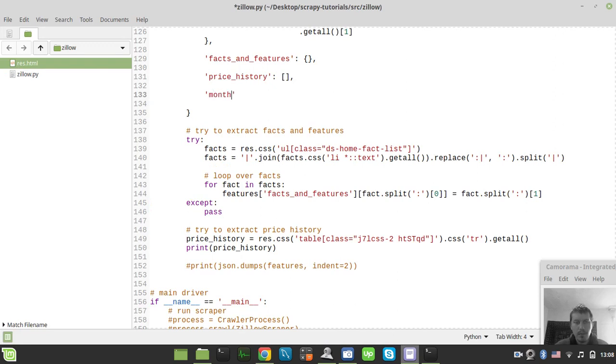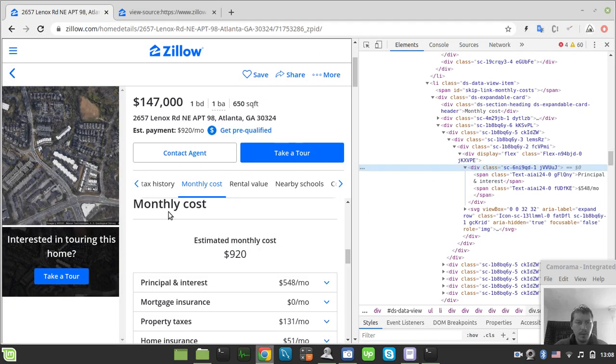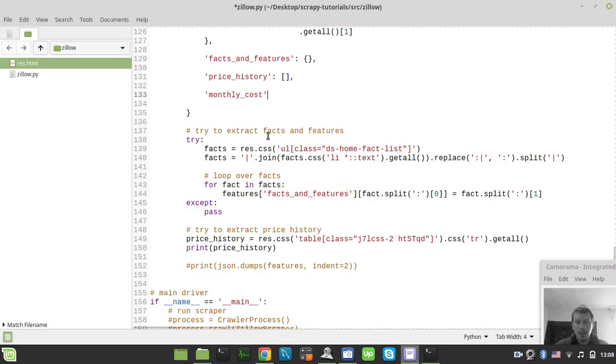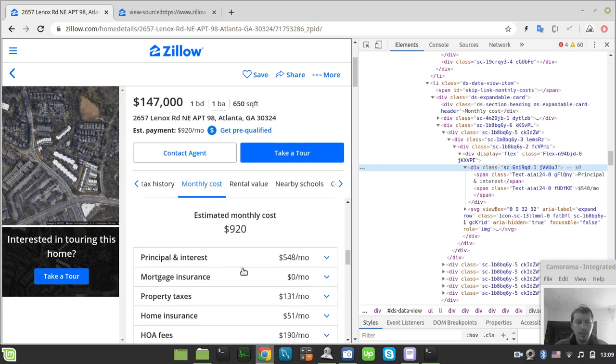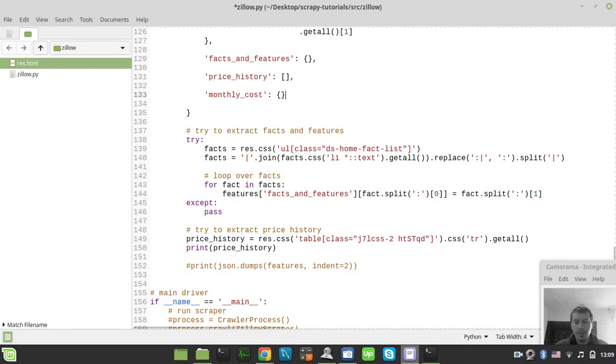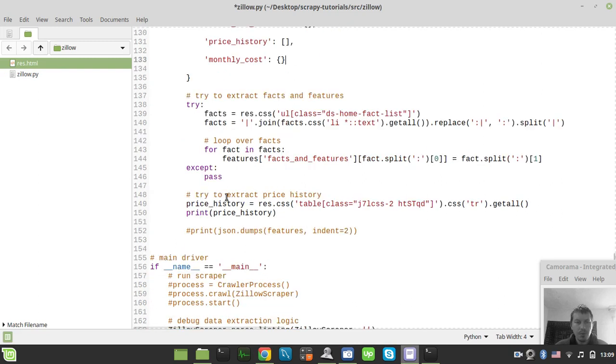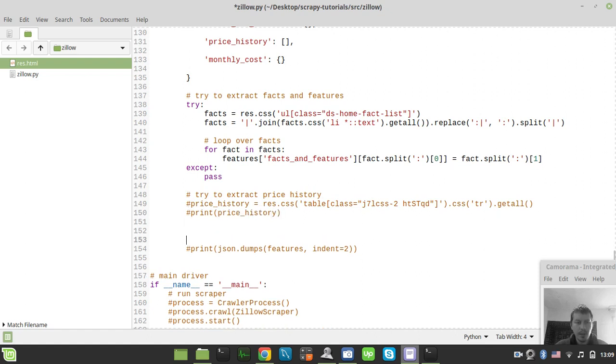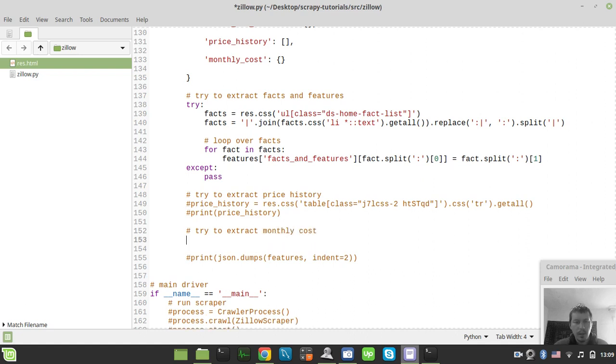So monthly cost. Did I spell this correctly? Monthly. Yeah, hope so. And this should be, I guess, again the Python dictionary like this. So extract price history. Okay, so we'll drop this for a while. And instead we will try to extract monthly cost, and monthly cost would be equal to